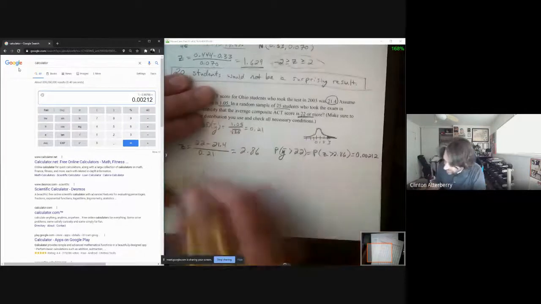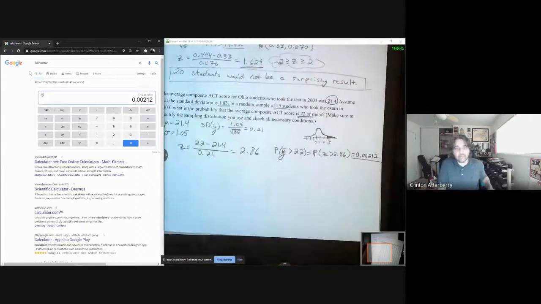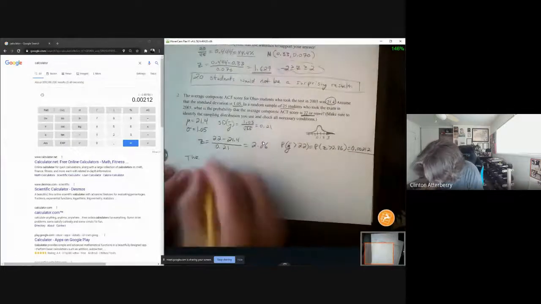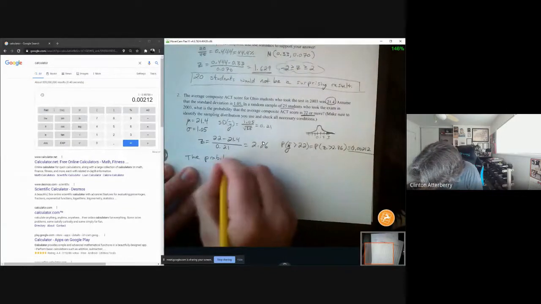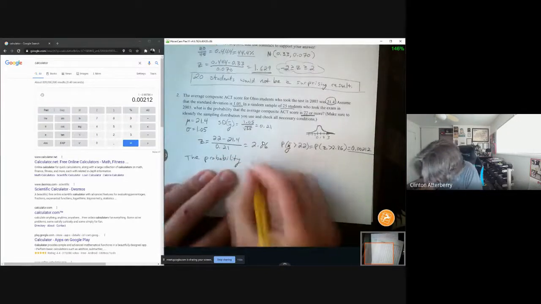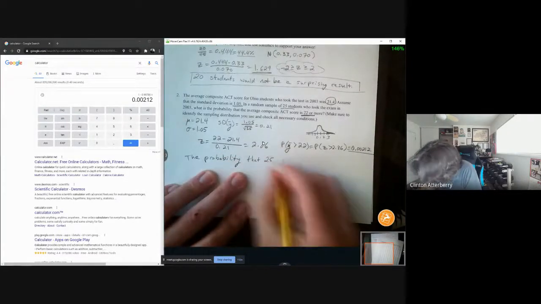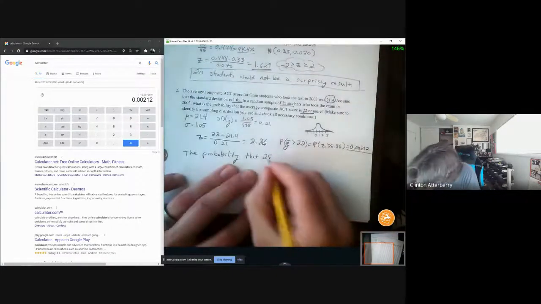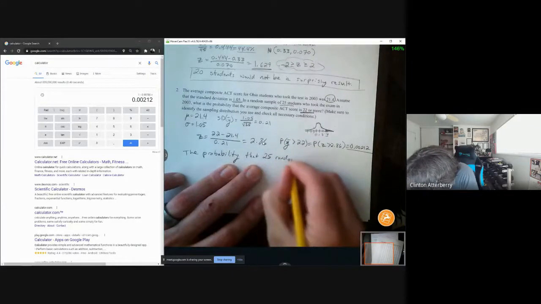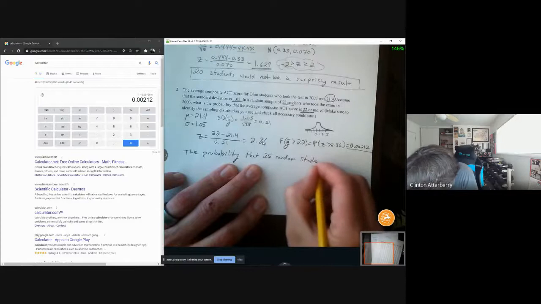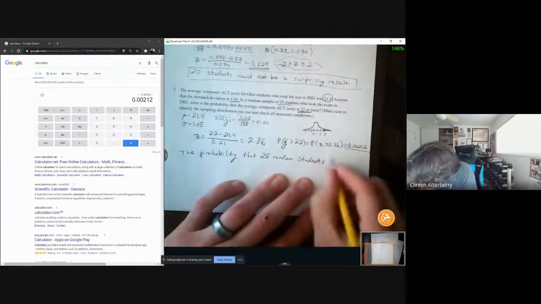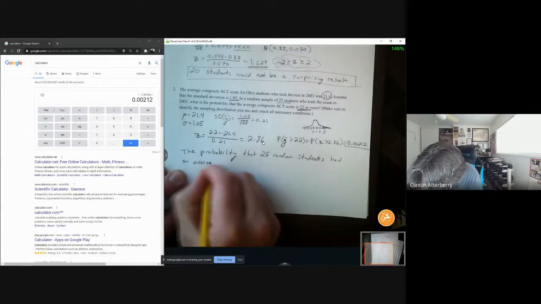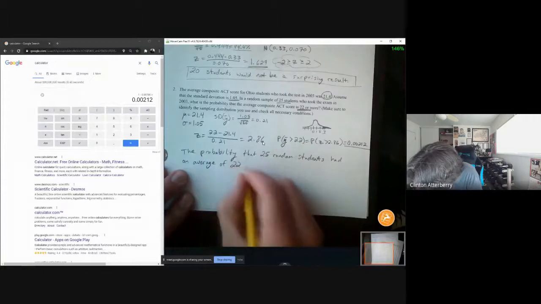So I'm going to write this out as a statement, in a complete sentence, and say the probability that 25 random students had an average of 22 or more is